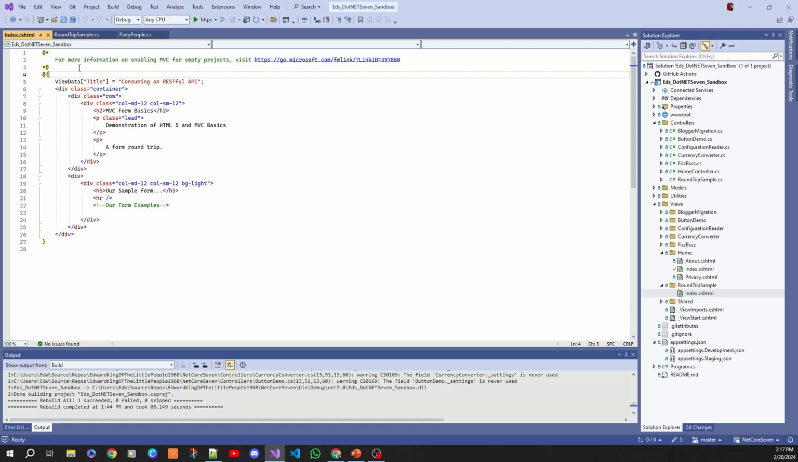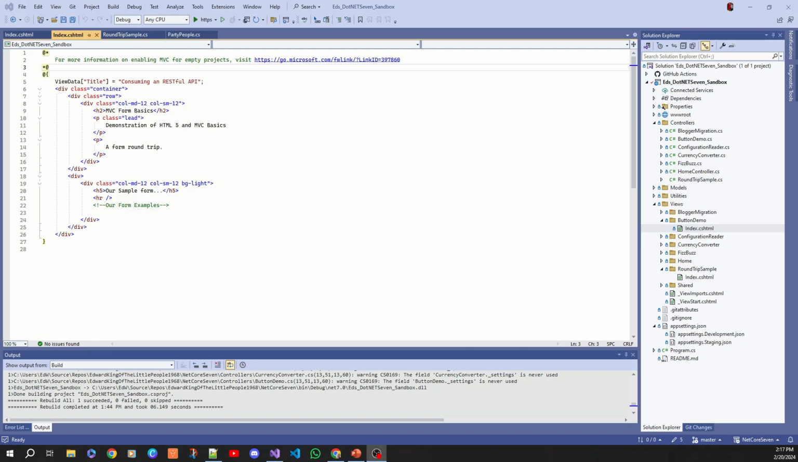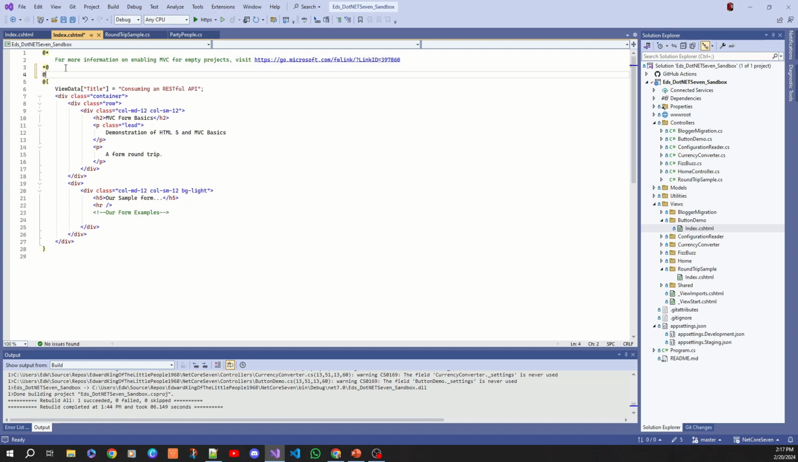So what I need to do is I need to add space for the model. So this is what I'm going to do. I'm going to type here in the form, I'm going to go model. All right, and this is telling me the model that this form is going to manipulate. And then I'm going to go eds.net sandbox dot models,